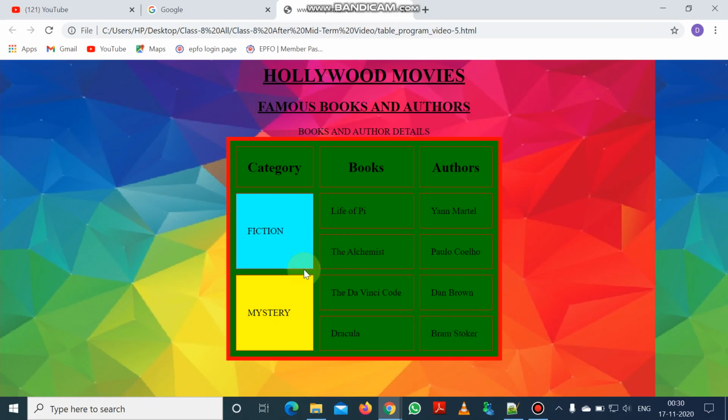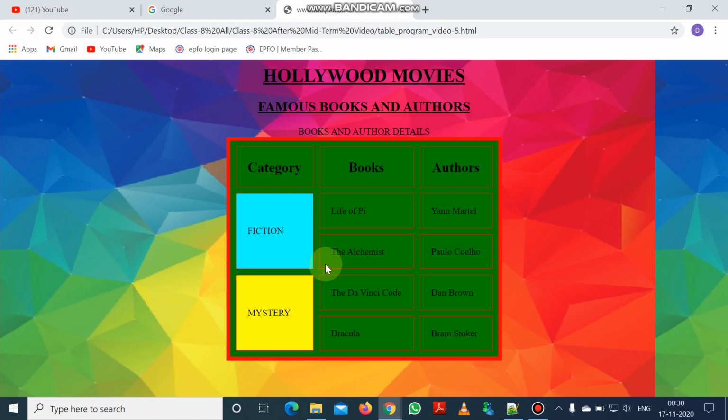Again I am telling, here you have to maintain the structure and you have to understand the structure of the table. The first row is this, the heading of the table. Then the second row will be fiction, Life of Pi, Yann Martel. And in the second row we will use the row span attribute.